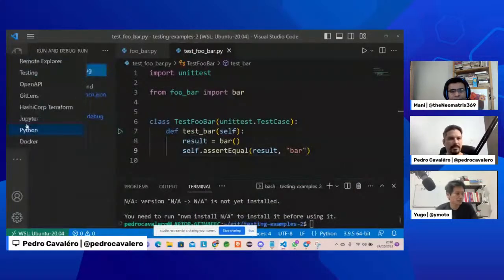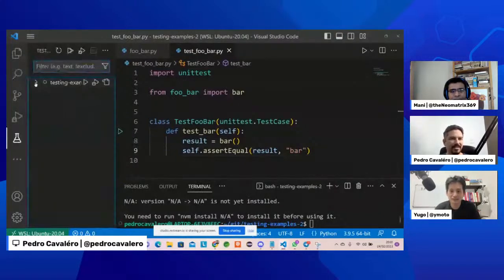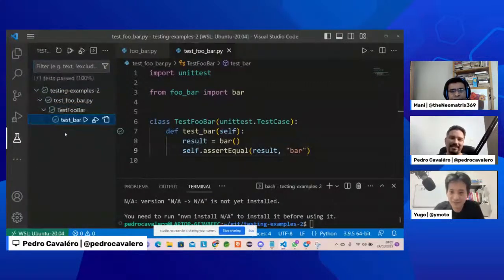And the best thing that the tests do is this green bar here. When you run, you can see the test passing or the test failing, right? For example, let me think that I discover that this function should not return bar, it should return bar one, and this is my requirement.